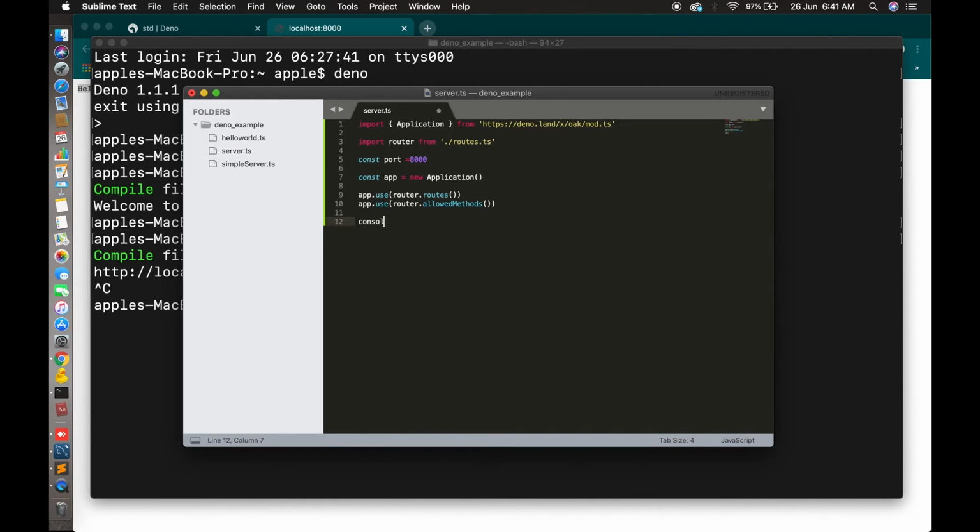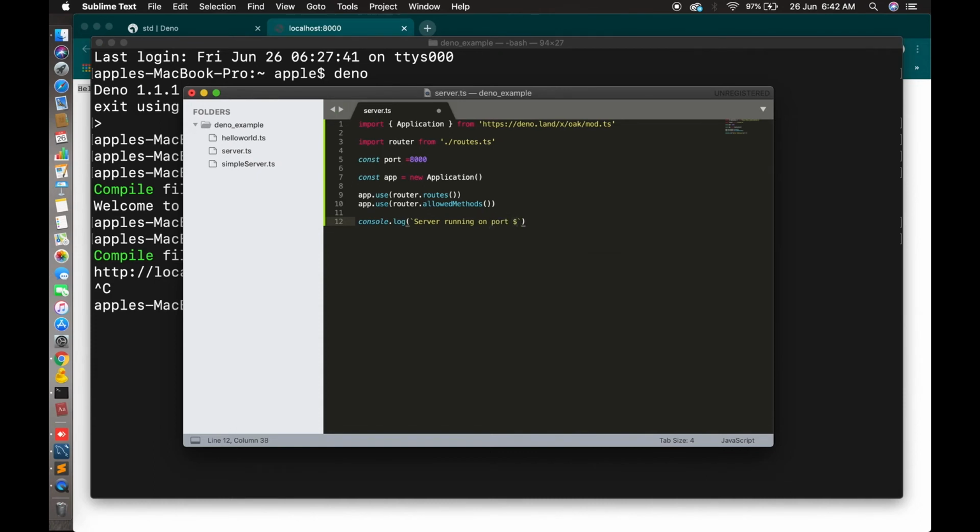So let's console.log, so that you can know that your server is running. Server is running on port, and you can take your variable, so you don't need to define it every time, you just write 8000.